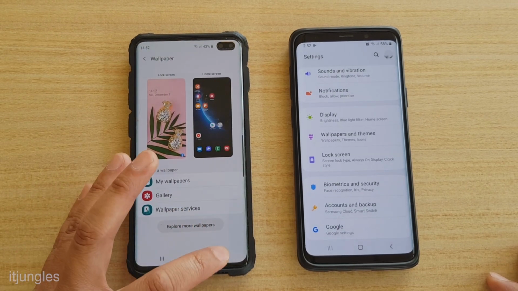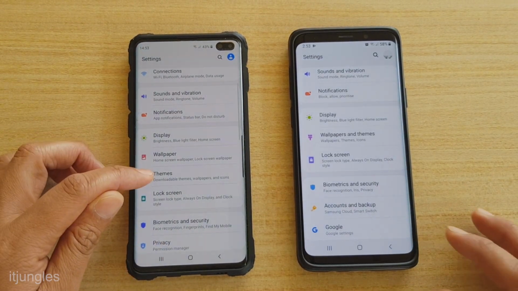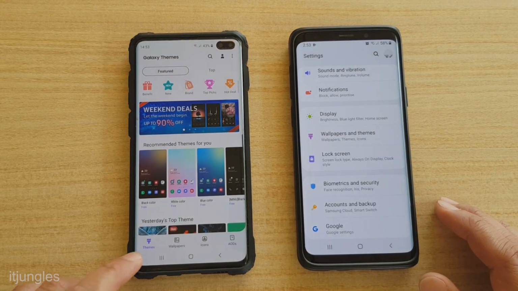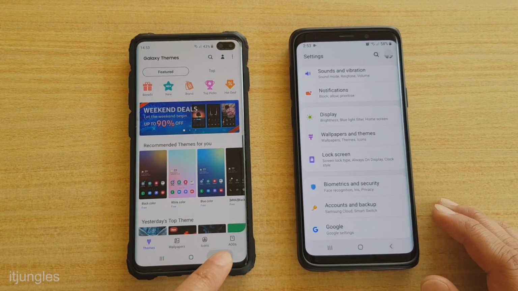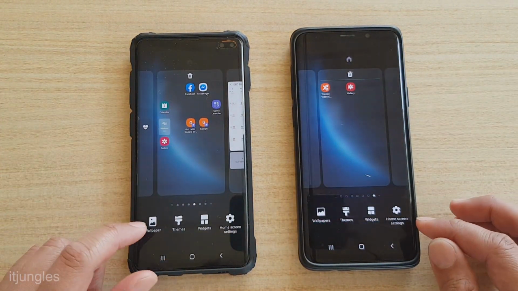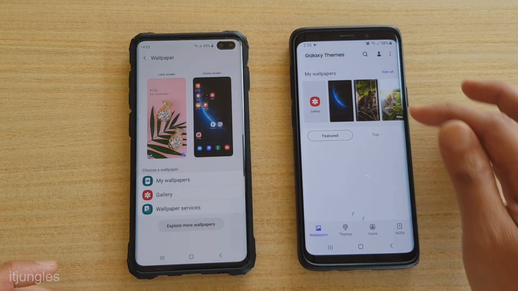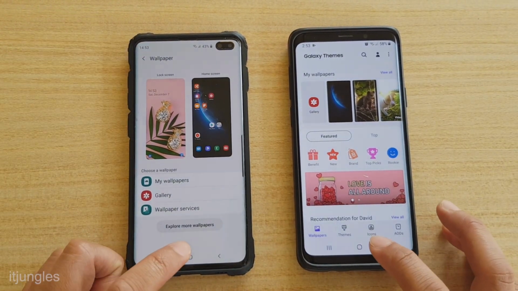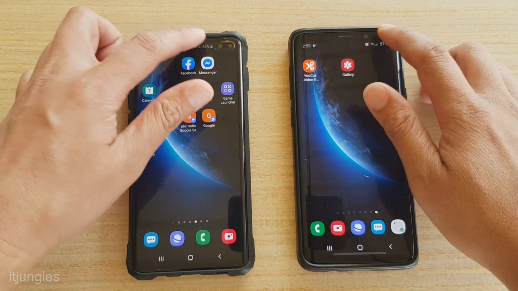Now over here, if you tap on themes, that will take you directly to the Galaxy theme store, which is themes just down there. So that is the same as this one here. If you pinch in and tap on wallpaper, you can see this one takes you directly to themes, and this one goes to wallpaper. So that is essentially the same thing. Now if we go back into settings,